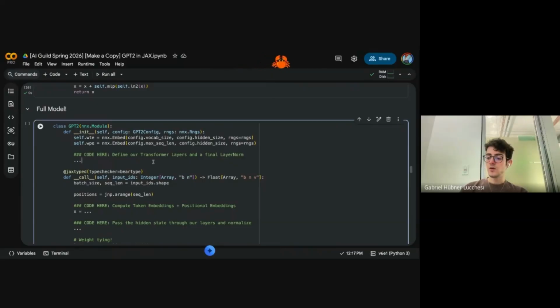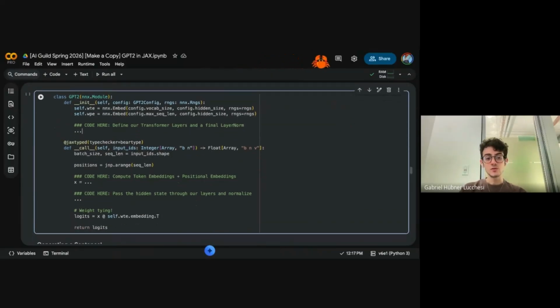Now we're going to integrate everything, right? So GPT-2 has a couple of other things as well. It has our embedding table, which is the thing that I said reads off numbers and converts them into vectors. I put them here myself just because I didn't want to have to explain the nnx.Embed and the positional embedding.